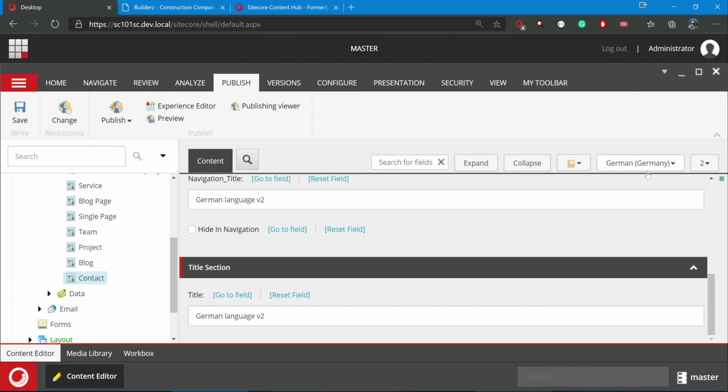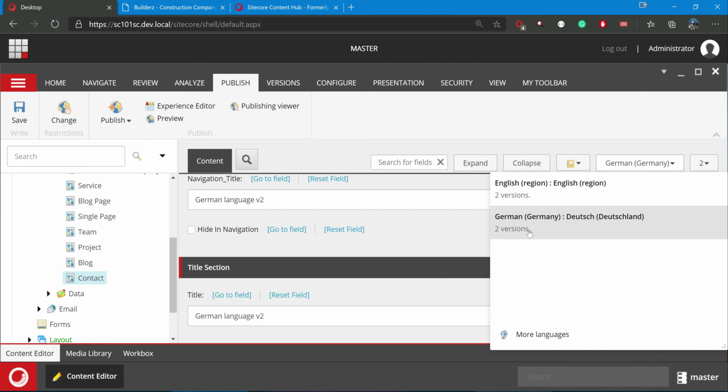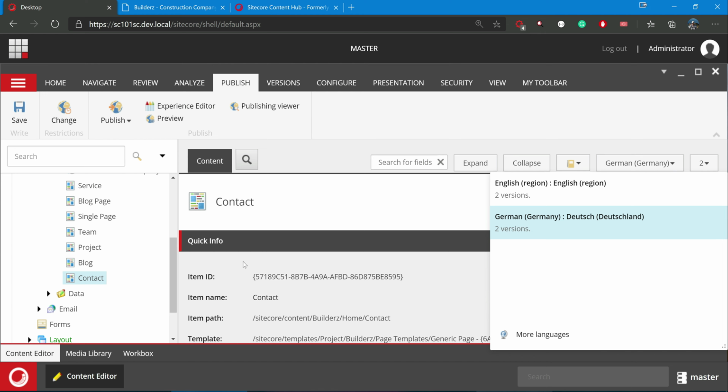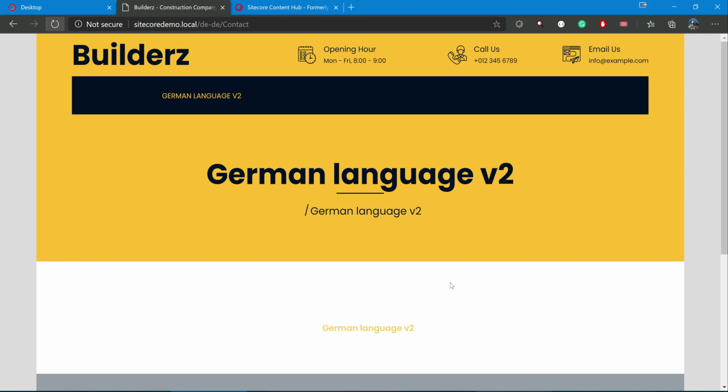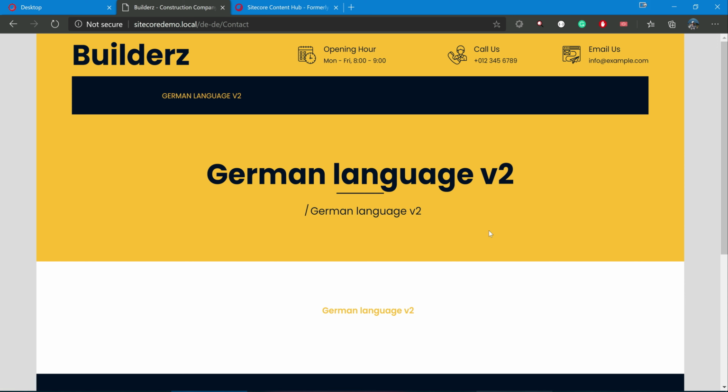So right now this has two versions in German and two versions in English, but you would know which version is going to be published. If you go here, obviously it changes to V2.